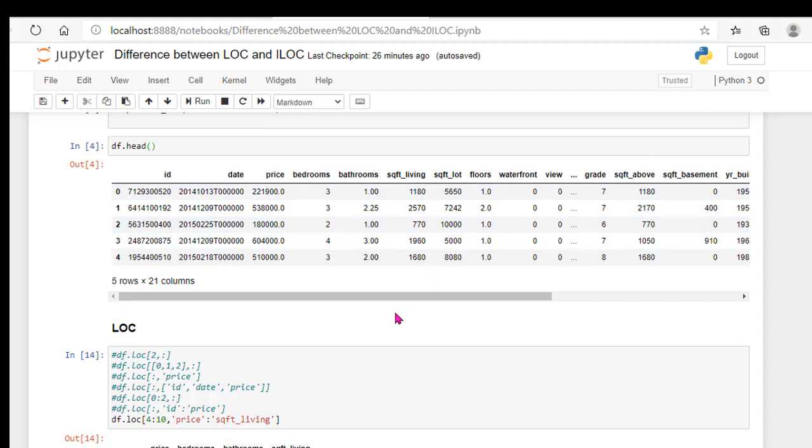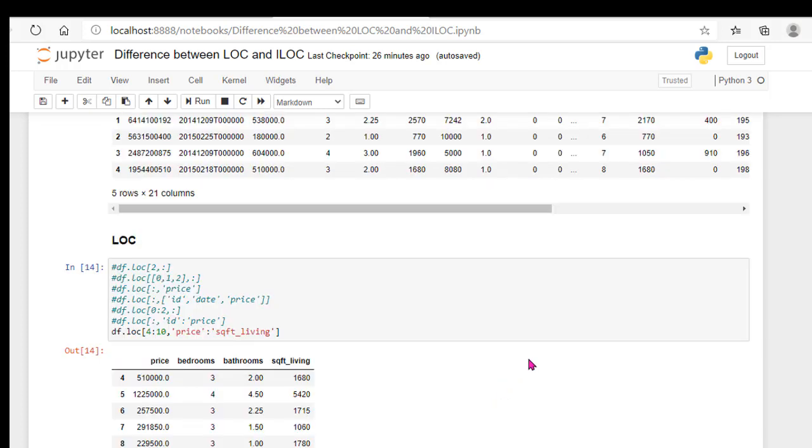When you are using iloc, you have to give the integer index position. For example, the first column we have is ID, so its index position is 0. For date it is 1, 2, 3 and so on. You understood, right?